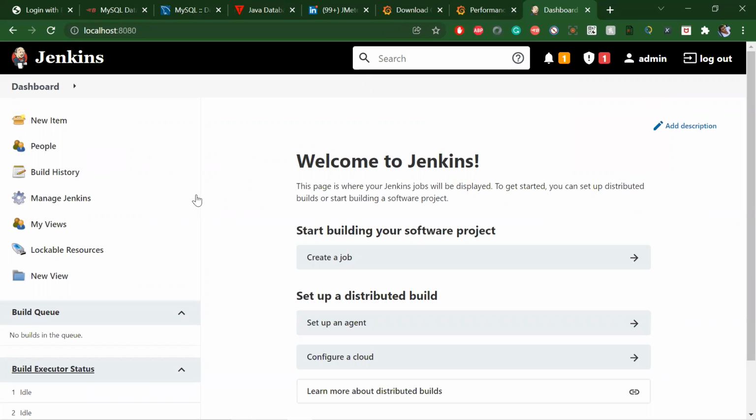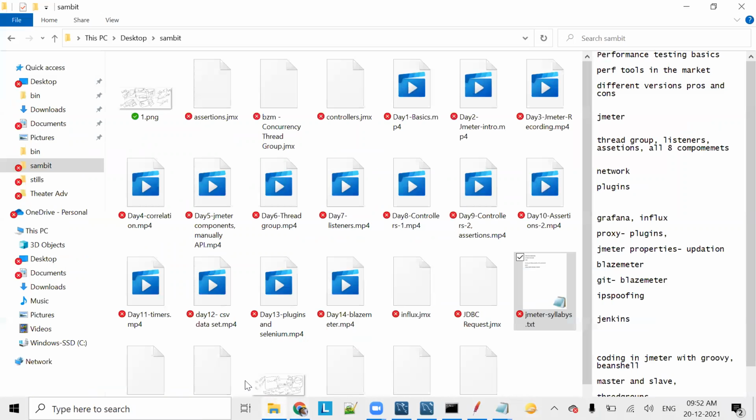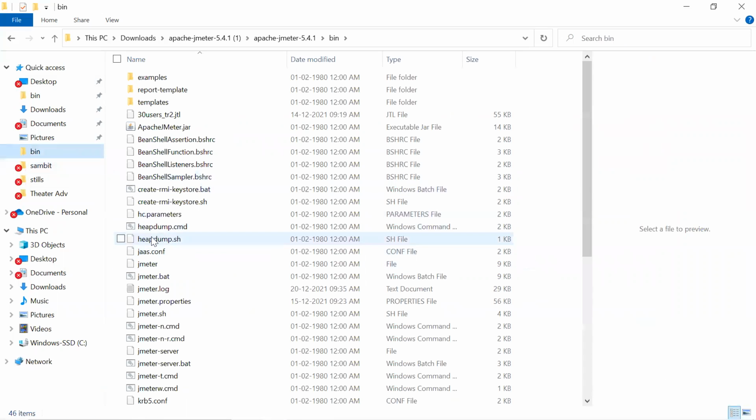What are the possible options? The first option is JMeter.bat, right? So I need to invoke the JMeter.bat. If I invoke JMeter.bat, it will run it. Correct. But I need to run the script, I mean, I need to run the JMX file. So I can't do that from a UI. I can't open the UI tool, open JMeter.bat and run it. So there should be some other option.